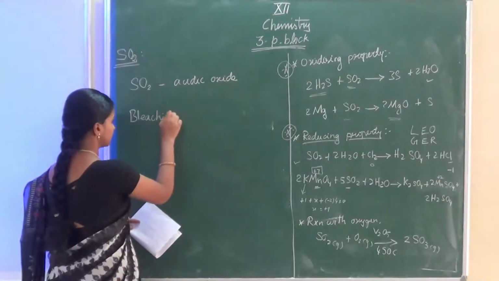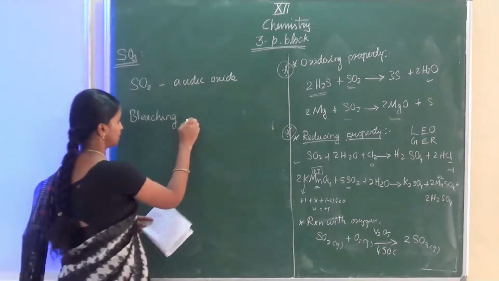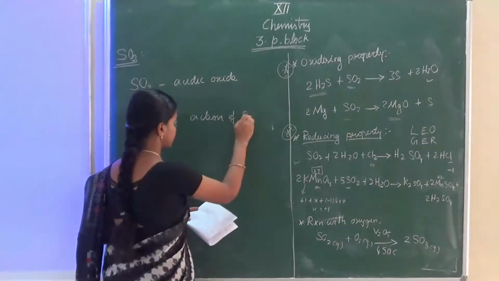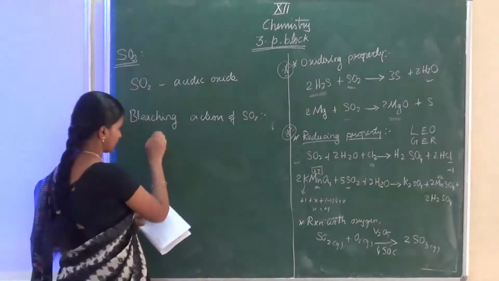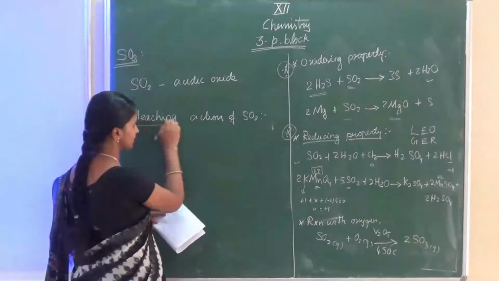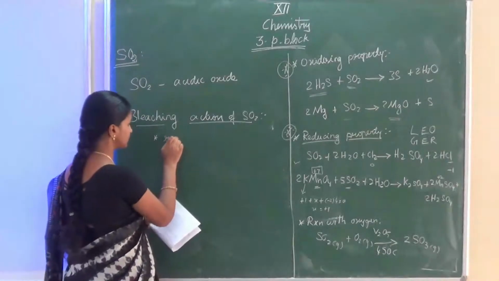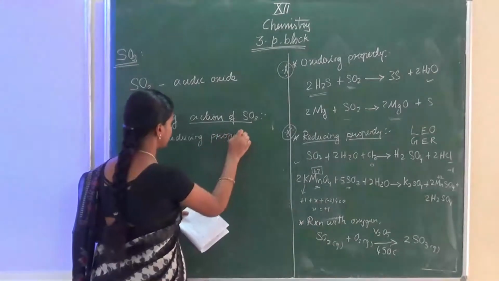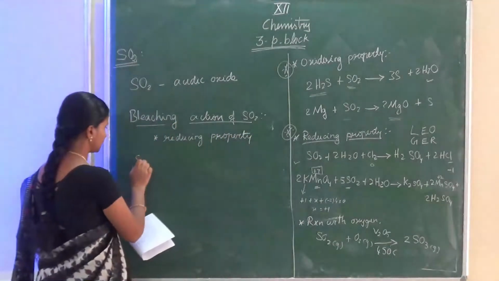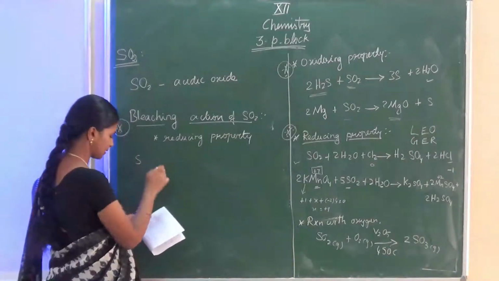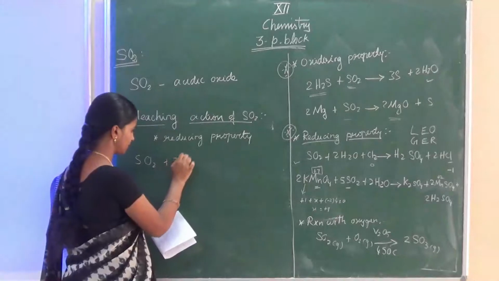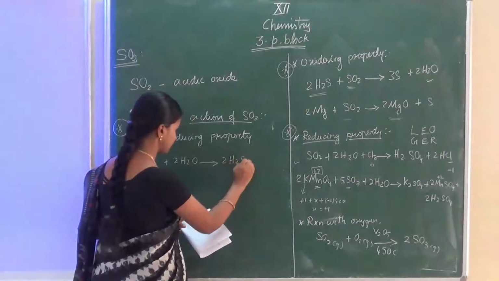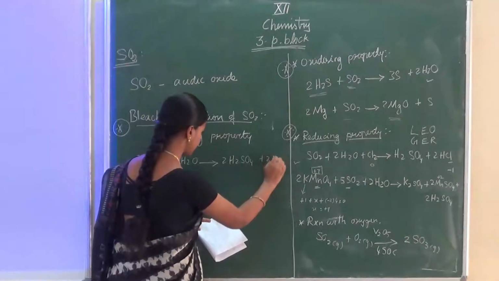Okay, so here bleaching action. I will show this reaction in the video now. Bleaching action of sulfur dioxide. Okay, it is based on one more question. The bleaching action of sulfur dioxide is due to its reducing character. Using its reducing property, the reaction is taking place. Okay, it is an important 2 mark question also. So when SO2 passes, okay, I will show in the video, you can understand better there. It will produce H2SO4 and 2 hydrogen.